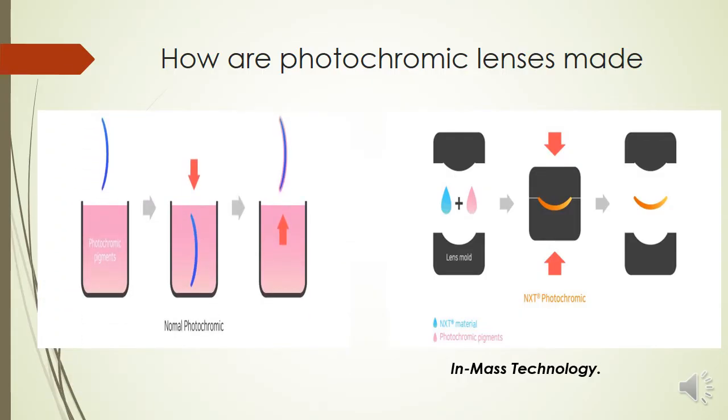The next technology is called the imbibition technology. Imbibition technology is when you take a particular lens and dip it into a photochromic material. Because of the imbibition, or absorption property of the material, the lens starts absorbing the photochromic pigment onto the surface. All over the surface the pigment is absorbed, and this layer starts acting as a layer which changes its color whenever it is incident with UV light. That gives it the photochromic property.